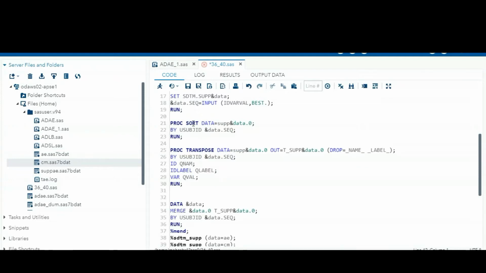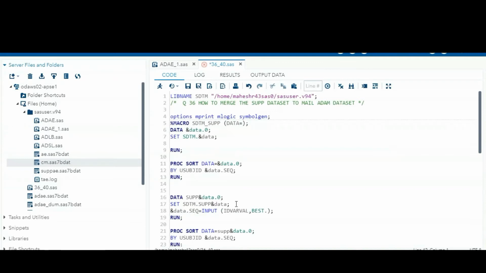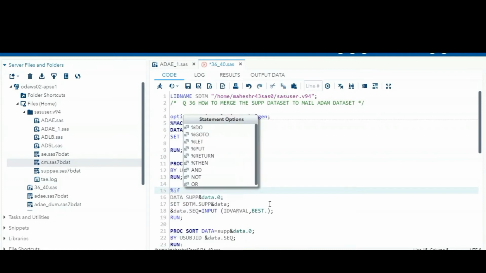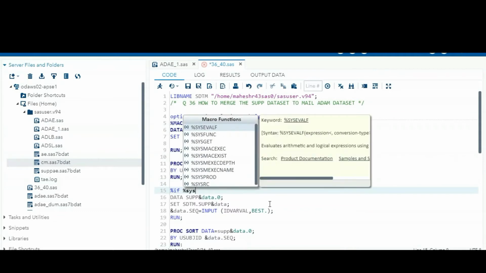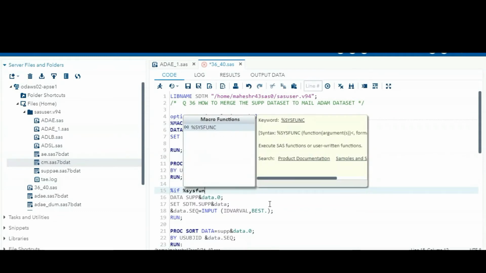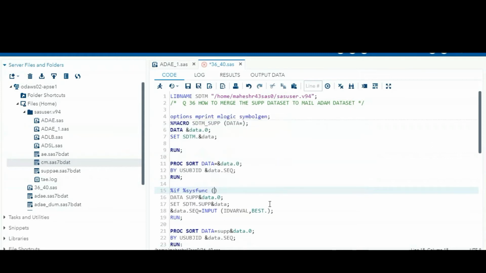So here we are picking the supplementary data set. I'm writing %if %sysfunc(exist(...)), and the data set is coming from the SGTM library, and the data set name is supplementary, ampersand data, meaning the supplementary SUPPAE data set,